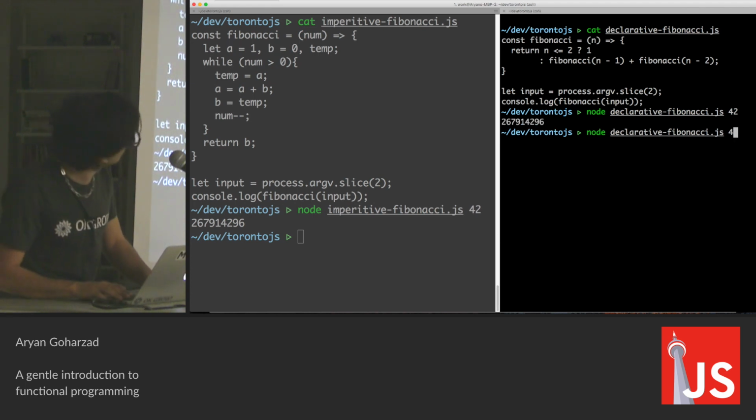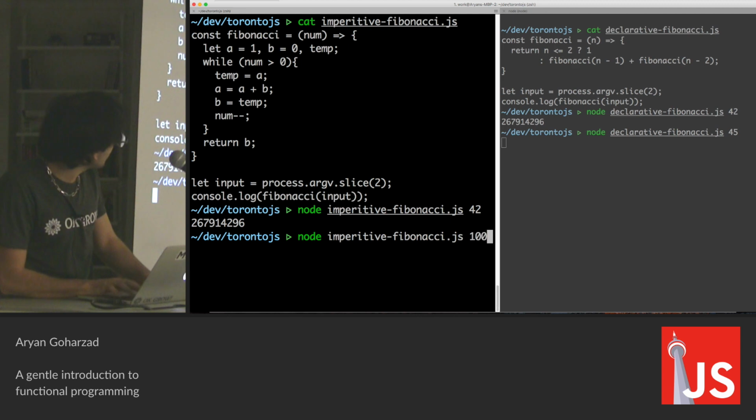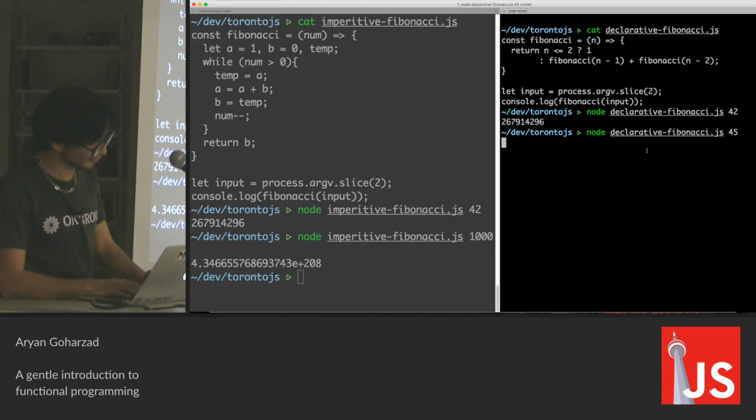Now, if I try this for a larger number, like 45, it's probably never going to finish before the end of this talk, but with the imperative approach, you can get the answer for 1,000 right away. And this one is still going.